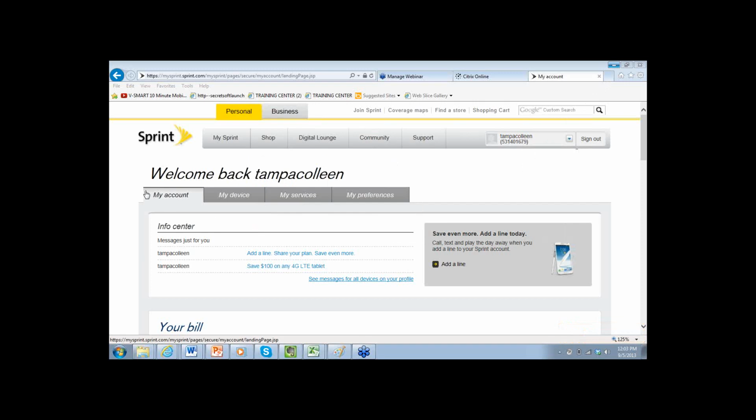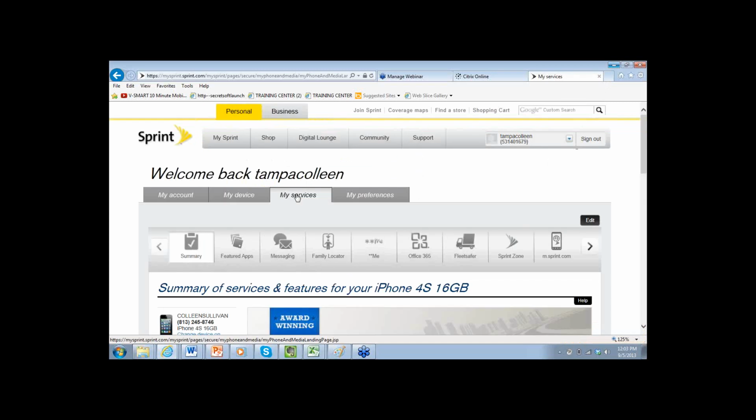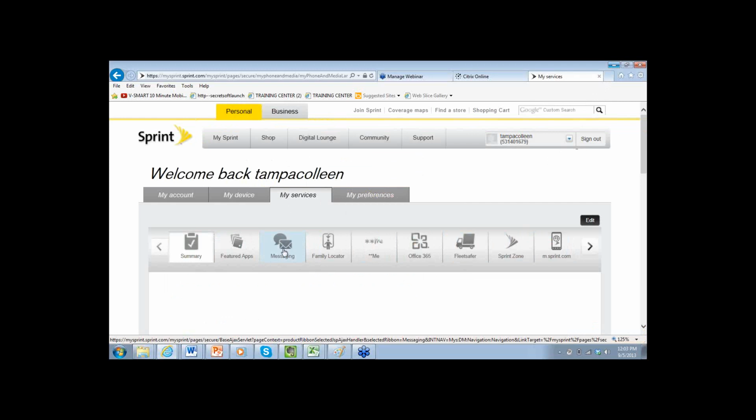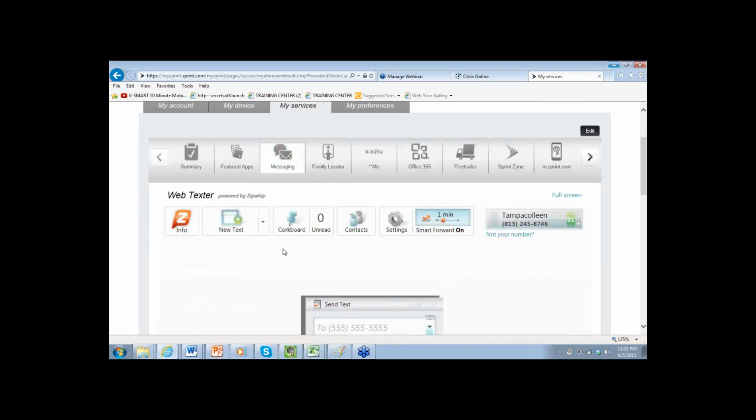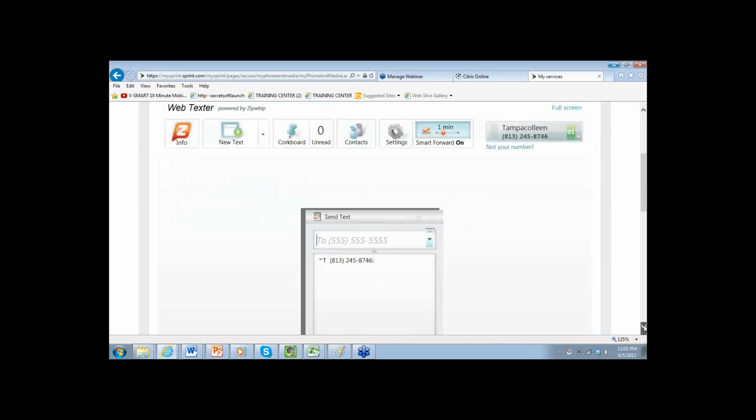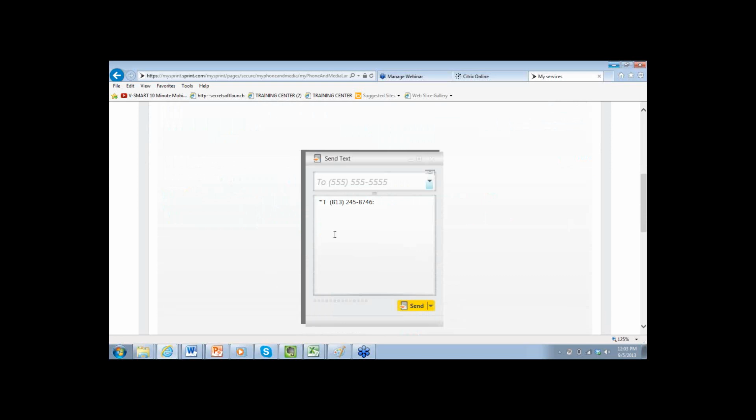So let me show you my back office right here. We're going to go to My Services, and this is just a service that your phone company offers. And we're going to go to Messaging. In this case, you've got all these services in your back office with your current cell phone provider, depending on who they are, that you may or may not know you have. So we're going to go to Messaging. And what I've got is basically the ability to send a text right now. There it is, right there. So I've already made